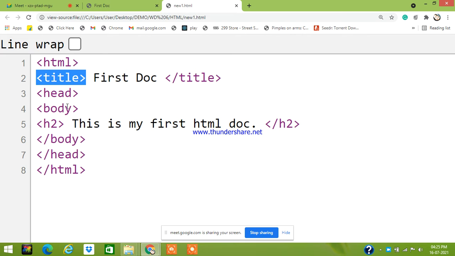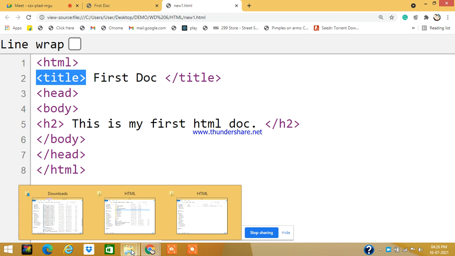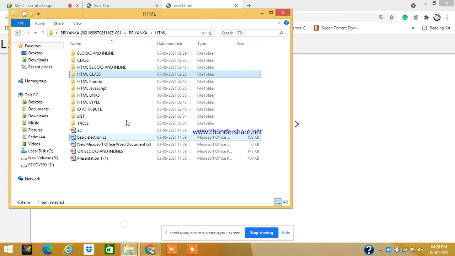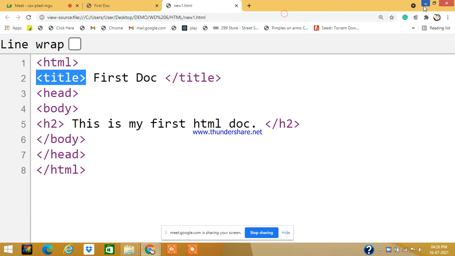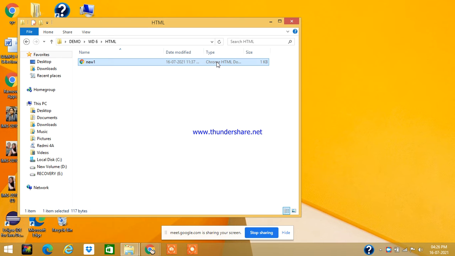So here inside this body part I have given this h2. This h2 stands for heading number 2. So we can find 6 types of headings in HTML. Okay, so if I go to the document, okay, just wait. If I go to this document,